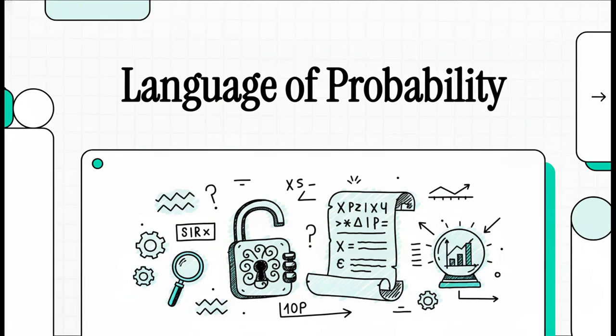Do you ever feel like the future's just a total mystery? Well, what if I told you there's this secret language, a kind of code that lets you peek behind the curtain? It's used by forecasters, by scientists, by strategists to get a real handle on what's coming next. And today, we're going to crack that code together.